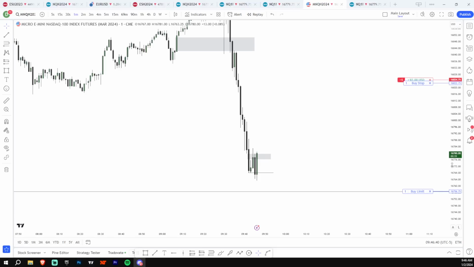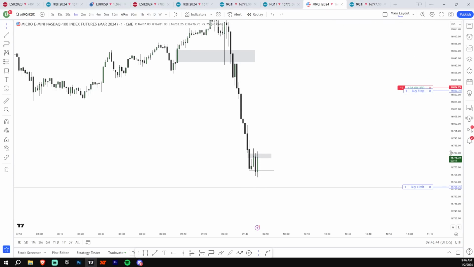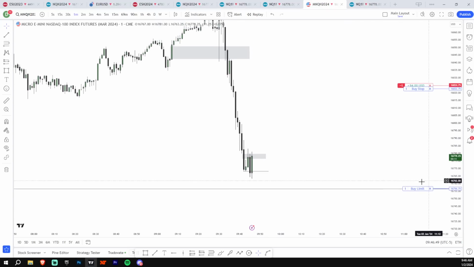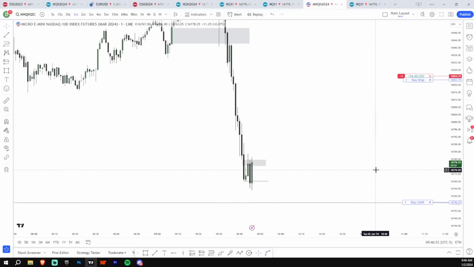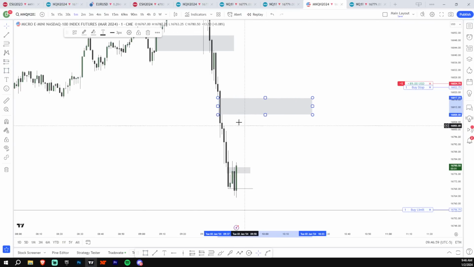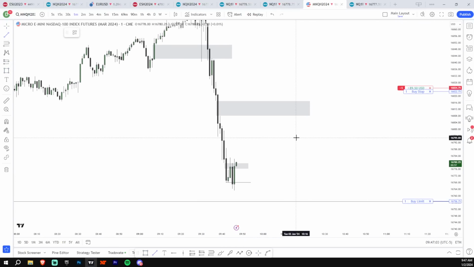Again, when you're waiting for a take profit hit, there's not much to say besides we're in deep discount. Most of the time we do get a retracement, especially in deep discount. It's very unavoidable, inevitable. I could maybe see us going up to here and rejecting. We don't have to reject from here, but again, it does not matter. I'm only in a runner here. It does not matter at all.